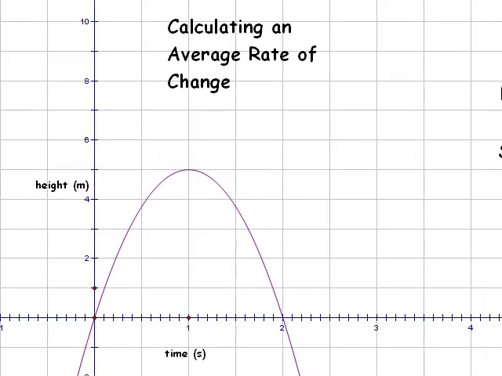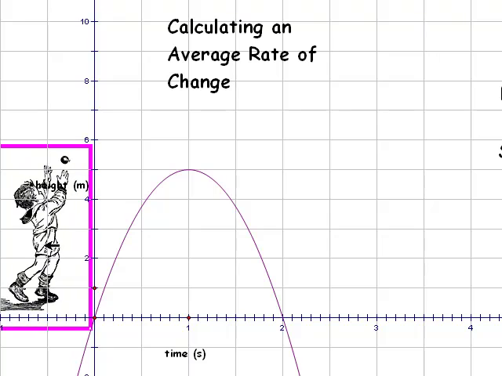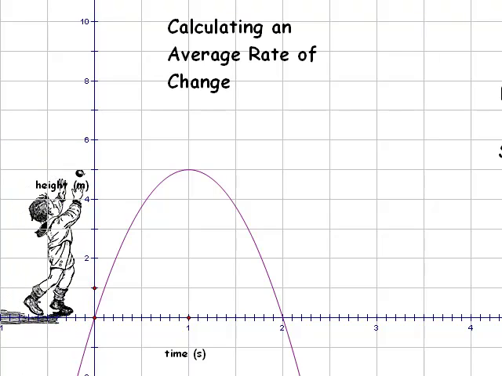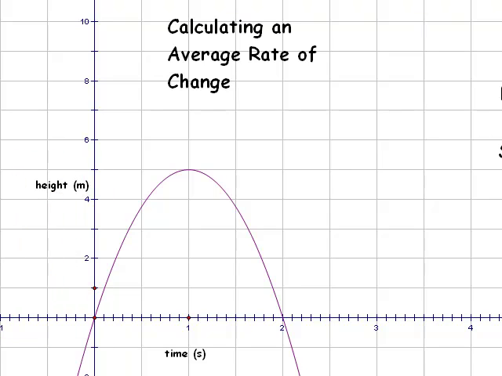In this activity, you're going to be calculating the average rate of change of a number of functions. Let's take a look at a sample. Say, for example, we have a boy, and there he is. Look at him all full of mischief, throwing a rock at a window, obviously. And this is the height time graph of the rock as it heads towards the window, but notice that it